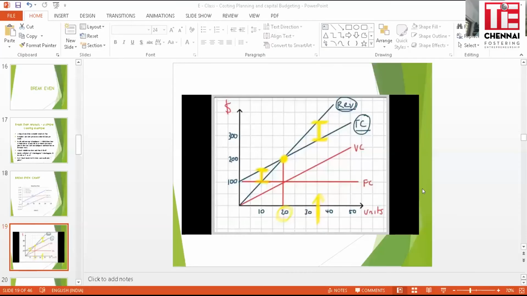This is a very scary one, which I don't want to show unless I'm there, but actually it's extremely simple for those who know a little bit of graphics. Fixed cost is fixed, so a straight line, regardless of how many units you do. Variable cost, I keep on telling you, 1 sandwich, 2 sandwiches, 3 sandwiches, 4 slices, goes in a straight line. Total cost is nothing but the variable cost plus fixed cost, so it will be parallel to the variable cost. Revenue, of course, is on its own, and revenue cuts the total cost at some level. Look at the x-axis. This example shows 20 is your break-even.